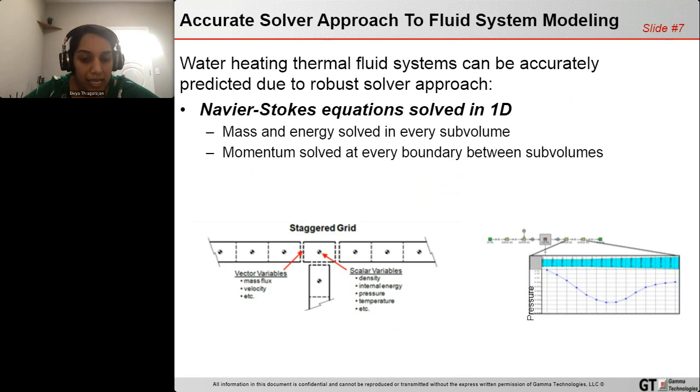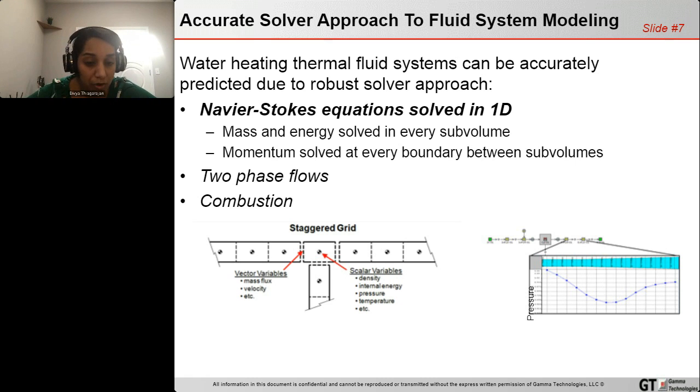So when it comes to water heaters, it's important to mainly focus on the thermal and the fluid systems. And the way we do this is we discretize in a 1D approach and solve Navier-Stokes in different subvolumes within the tank, in the sense that mass and energy are solved in every subvolume, and we solve momentum of these quantities at every boundary between these subvolumes. And we also support modeling two-phase flows and combustion in GT-SUITE, which can be important for certain designs of